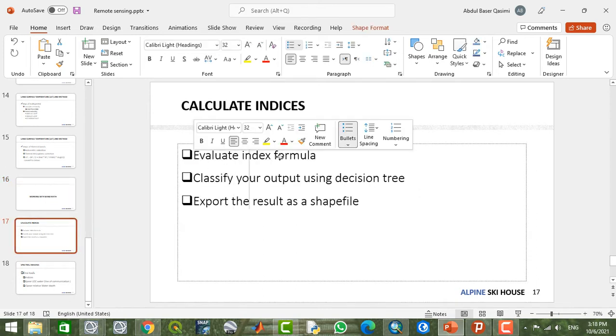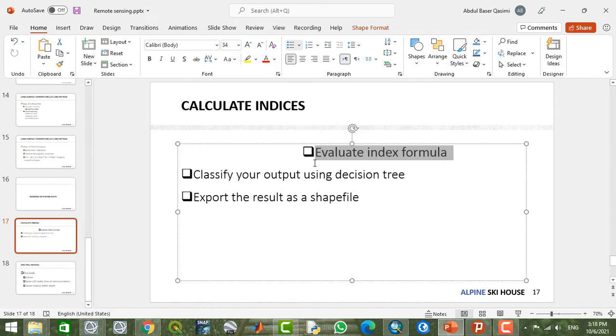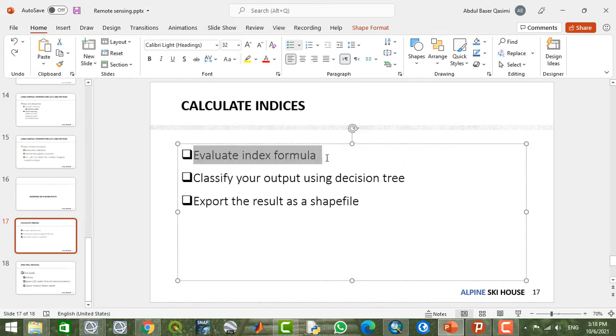We're going to evaluate some index formulas. Then we're going to classify our created index image according to its classes using the decision tree tool. Then we'll export the data